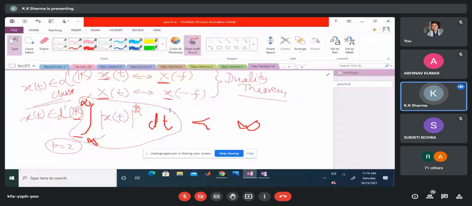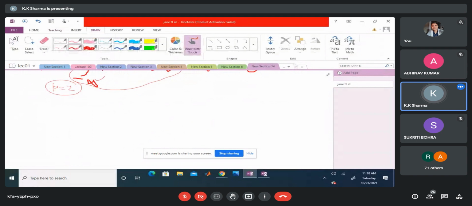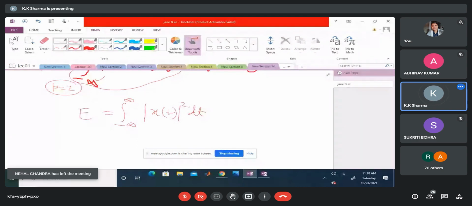So, we can say that L2(R) signals are finite energy signals, because this mod x(t) squared when integrated from minus infinity to infinity is finite. Agree? So this quantity, mod x(t) square integrated, is precisely the energy of the signal. And if this energy is finite, we will say that my signal belongs to the L2(R) class. Now this R is representing that this limit is from minus infinity to infinity.